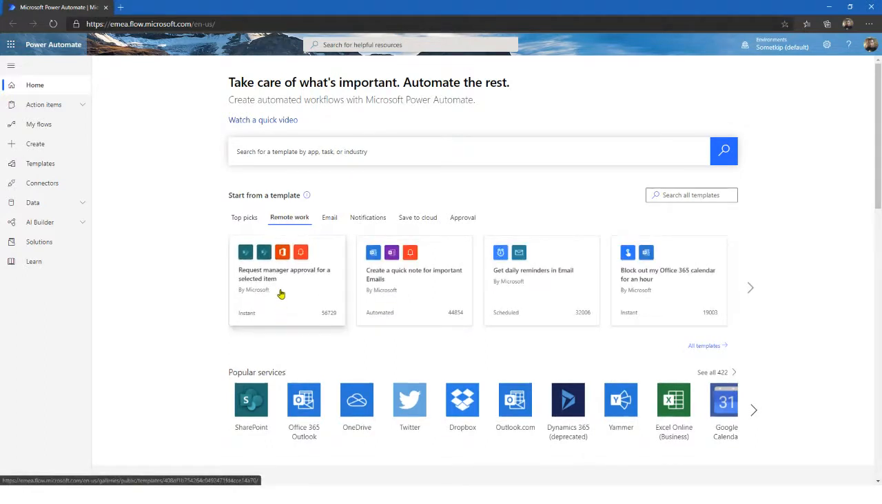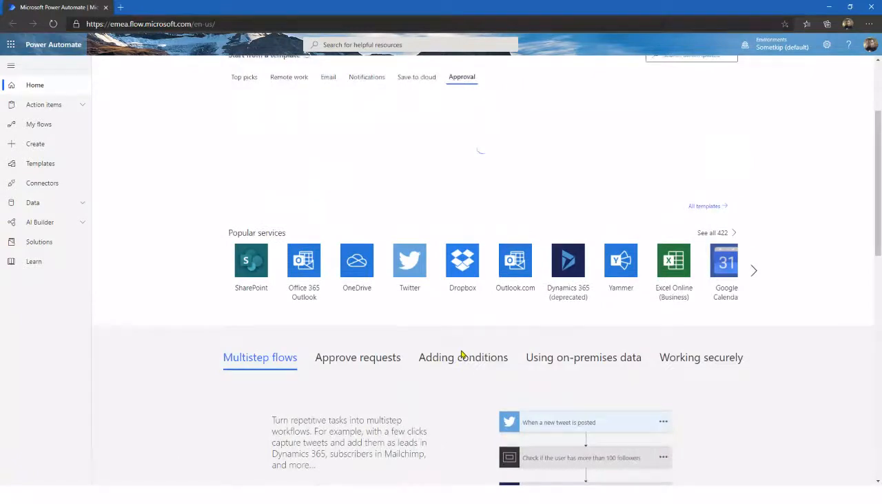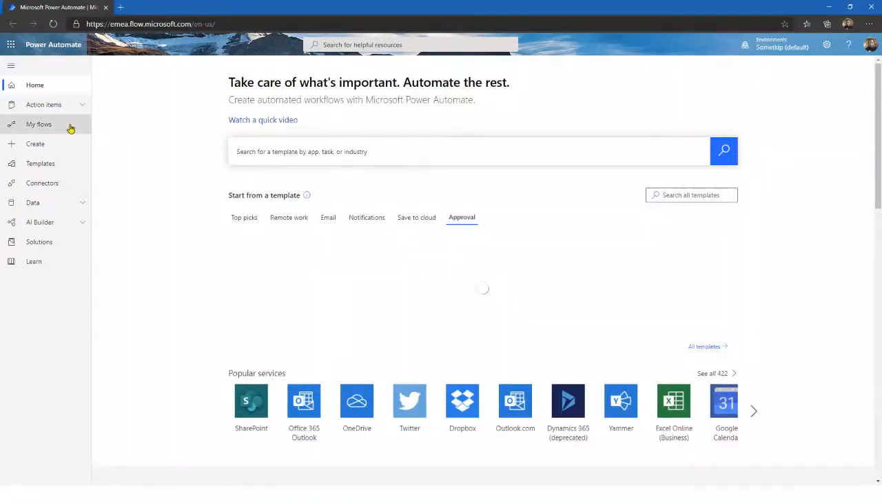So I can create a request for manager approval when a selected item happens. I can create a quick note for an important email, or I can get daily reminders sent to me. So I can do really cool things, whether they're email based or approval based. Now there are popular services that you can use this for. And it's as simple as going to